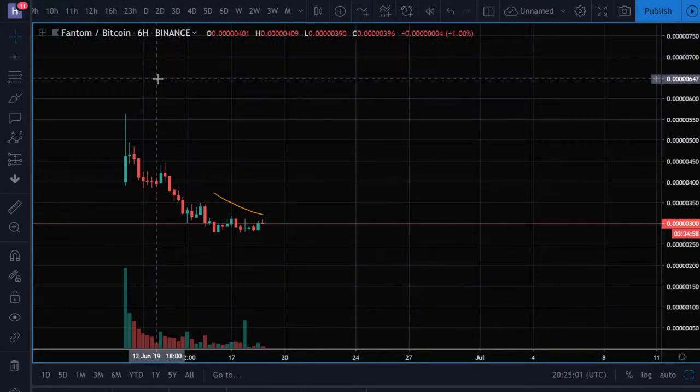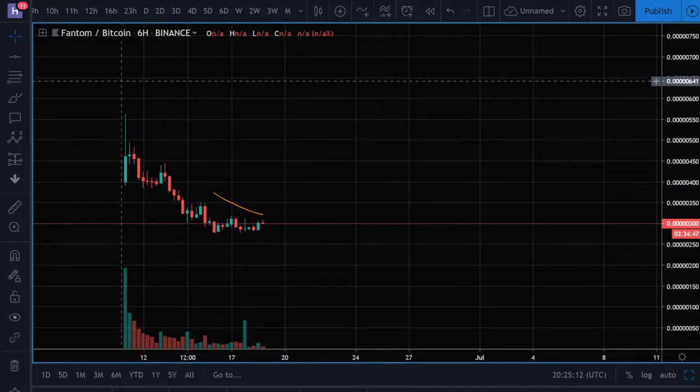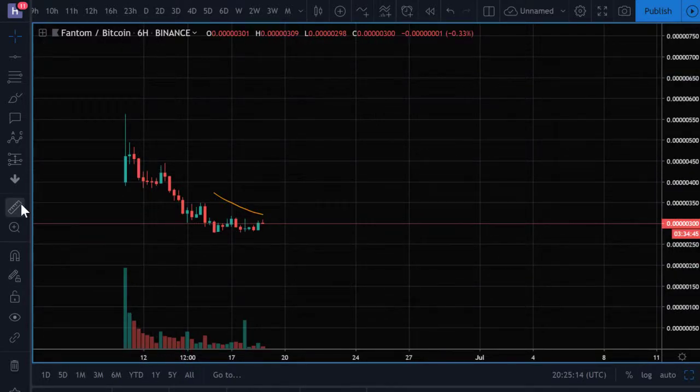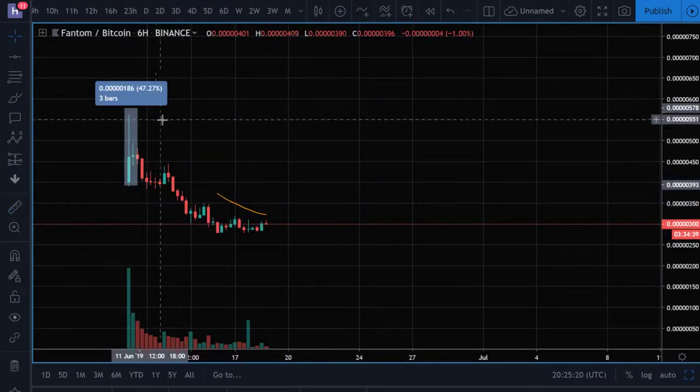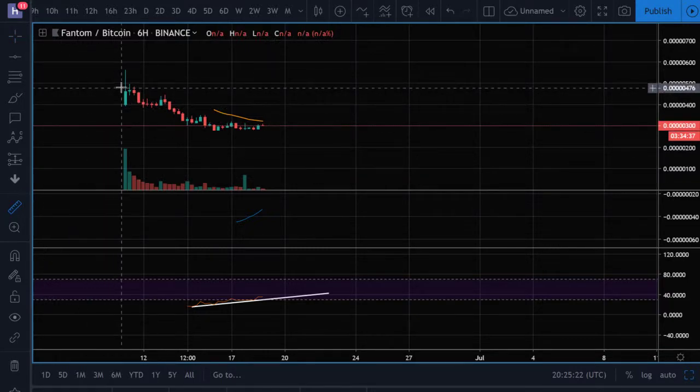And as you can see, I'm on the 6 hour because there's not a lot of candles that have been printed yet. So this is a fairly new asset that has gotten listed to Binance, but the one thing about these assets is that they're highly volatile. Right? I mean, let's just look at this really quick. Over the span of 32 days, you have seen a price range of